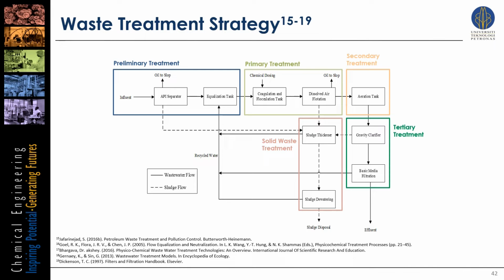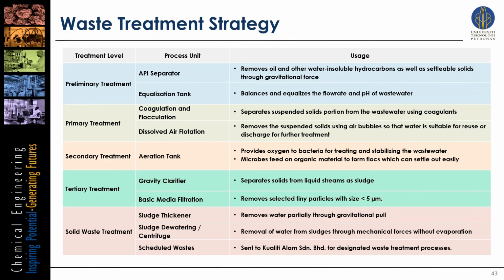This treatment process is categorized into preliminary, primary, secondary, and tertiary, as well as solid waste treatment. These are the equipment used for wastewater treatment strategy. The APS separator, which works on the basis of Stokes' law, separates the suspended solids and oil from the wastewater based on gravitational pull. The effluent of APS separator flows into an equalization basin where its flow rate and pH are regulated by the addition of an acid or a base to maintain constant feed quality to the chemical treatment